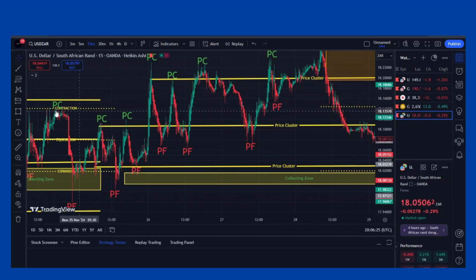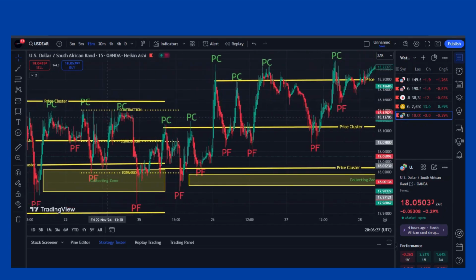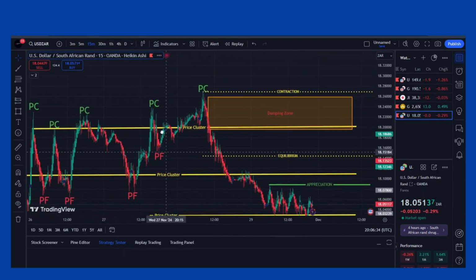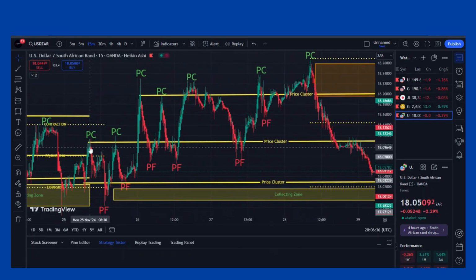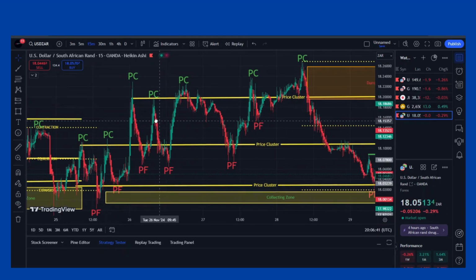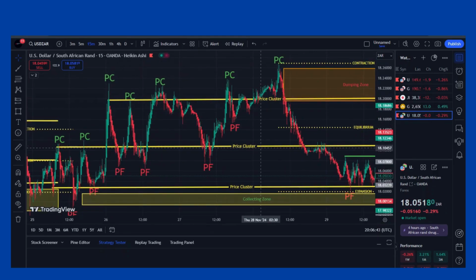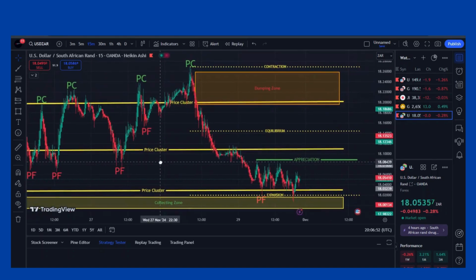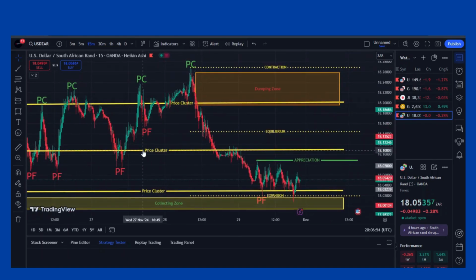For money management, I'm looking for 1:2 minimum. How I manage my trade: once the trade reaches 1:1, I shift my stop loss to break even. Once it goes to 1:2, I shift my stop loss to 1:1. As it moves to 1:3, I shift my stop loss to 1:2. Then I let the trade run. That's how I do my money management. Collectively, that's how I trade, and it's been productive so far.